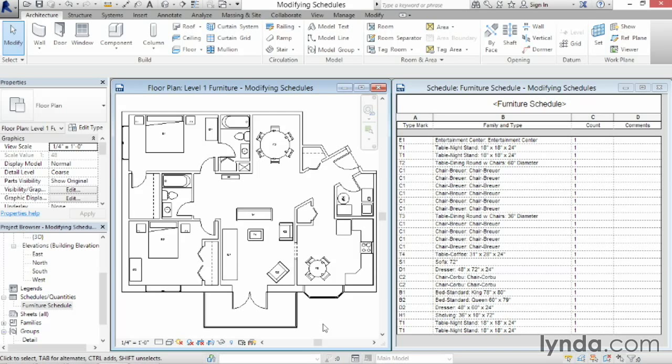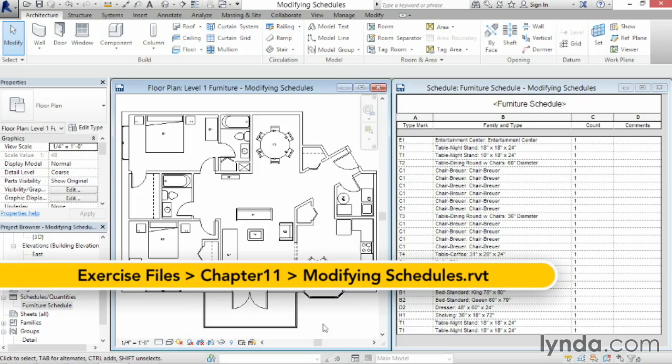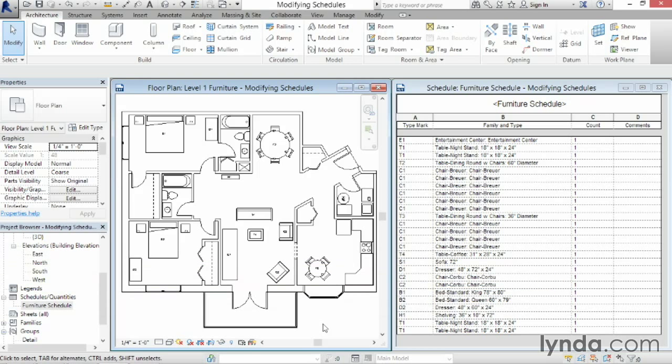There are many formatting options available to make a schedule more legible and to enhance its usefulness as an editing tool. In this movie, we'll take a look at several ways to manipulate the way that our schedule is grouped, sorted, and displayed. I'm in a file called Modifying Schedules, and I have both the Level 1 Furniture Plan open